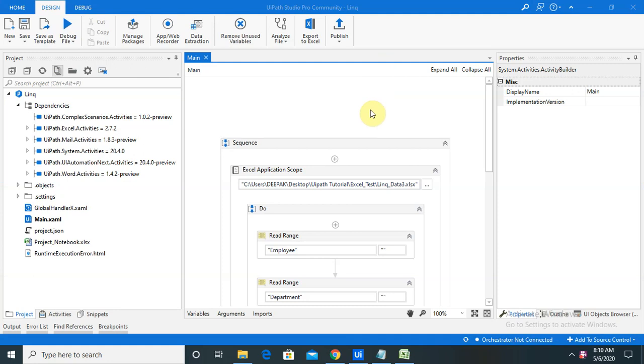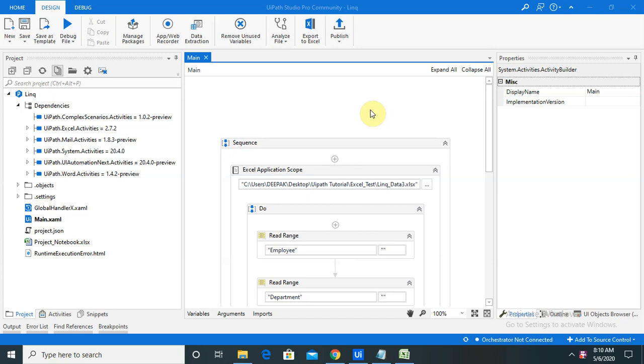In this session, I will explain how to use LINQ in UiPath. Basically, when we are working with the join activity from one sheet to the other sheet, or from one table to the other, and we want to merge them into one single table, that is called LINQ. LINQ is an operation, or an integration language, which we use for data processing.